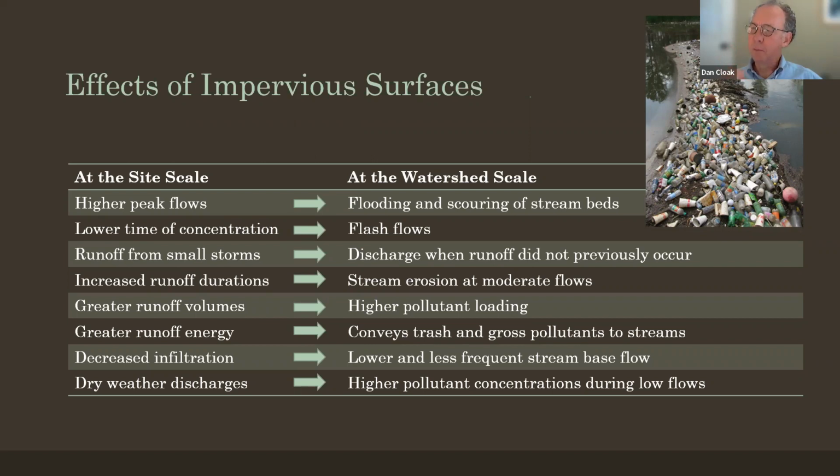The effect of urbanization and the accumulation of impervious area, and conversion of areas that have soils or vegetation into roofs and pavement, has an accumulation of negative effects on streams and other water bodies. And to summarize those,